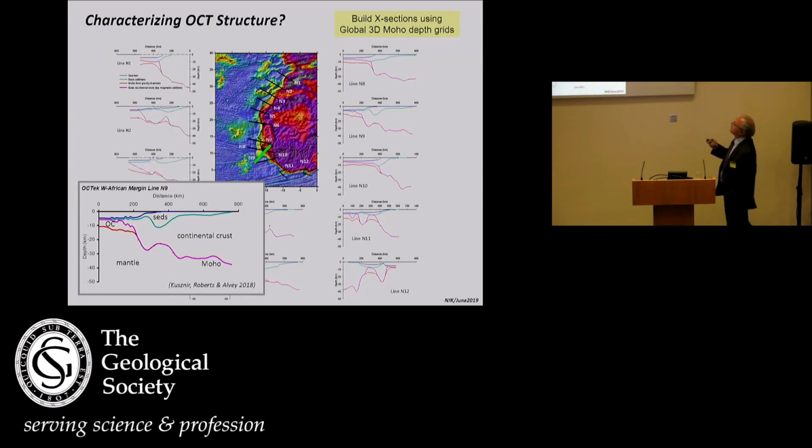Now, the gravity inversion technique produces 3D data volumes of Moho depth and crustal basement thickness, and we can arbitrarily cut out cross-sections anywhere and build cross-sections from those 3D Moho depth grids. So here we see a set produced for the western margin of Africa, of West Africa. And if we look at one of these, across the Guinea High, we can actually get this sort of amount of detail basically from this